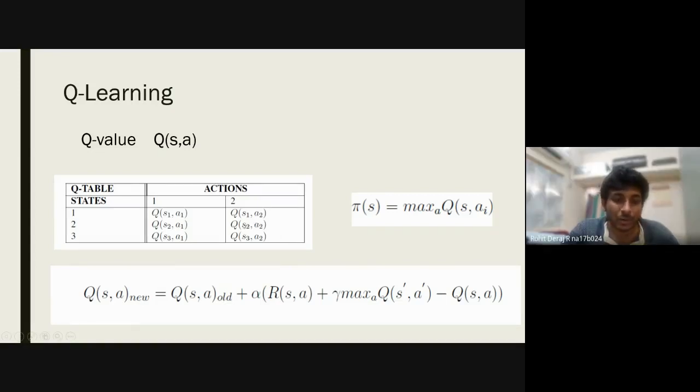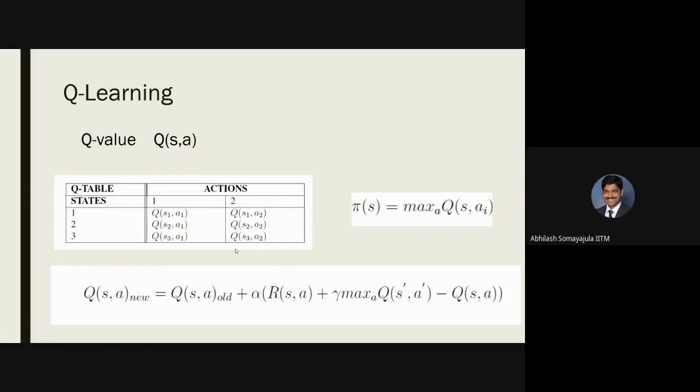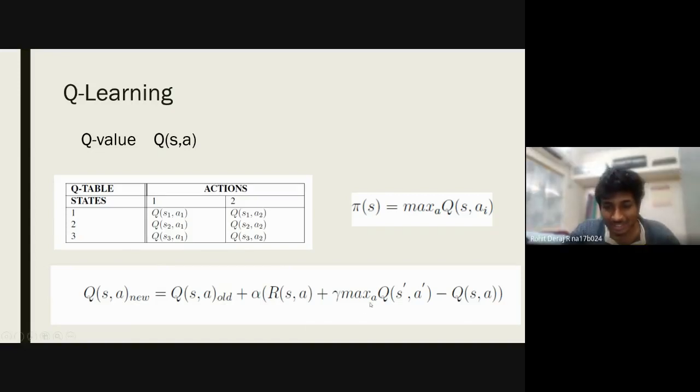So, for example, if it is going from state S2 to S3, then I am choosing the Q value for actions. Say it has actions A1 and A2. I'm comparing both and choosing the Q value, whichever is higher. I think it means the max argument. You might want to check up on that.